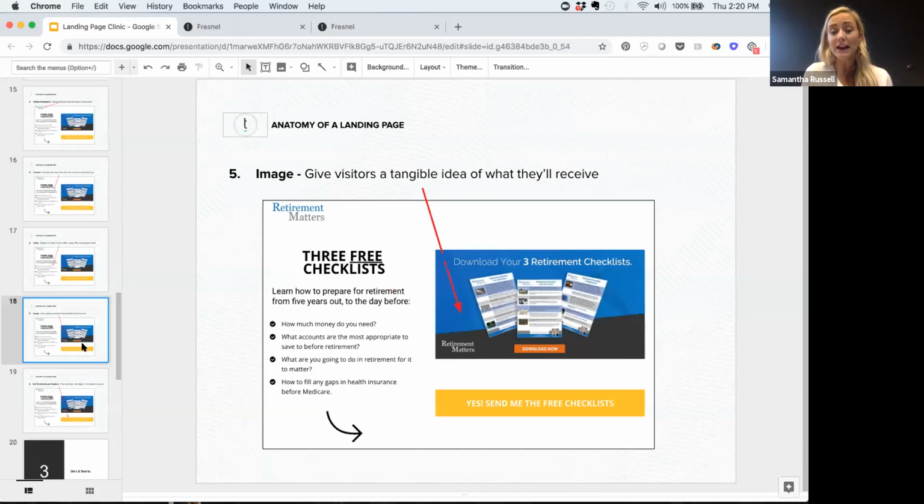Another thing that can give a sense of the value is the image that you include. So images can really, really impact conversions. I always say if you have the ability to share, if it's a long ebook, a few pages from that ebook, or in this case, if it's a checklist, a preview of what the checklist looks like, you will notice that you will get so many more people converting. We are visual beings, and we want to see what it is we're going to get, and we don't read everything on a page typically.